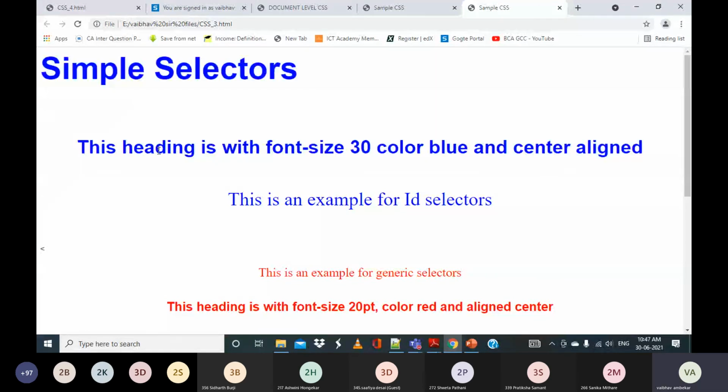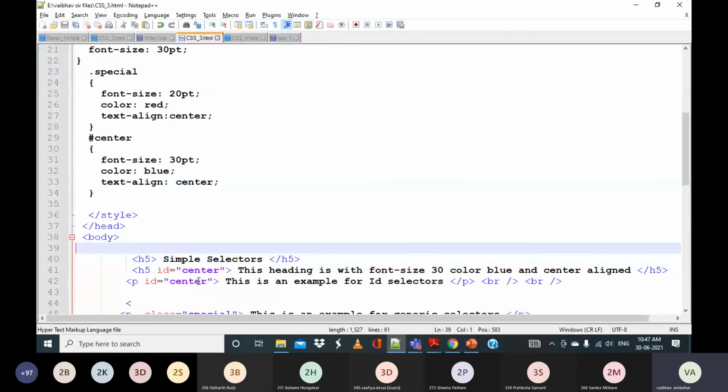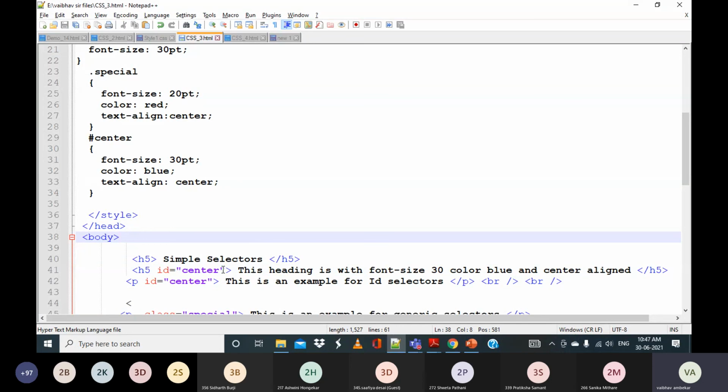Any doubts with ID selectors? You can use the ID selector for the heading as well as the paragraph. If you want a specific element, you can use it. Any doubts here?